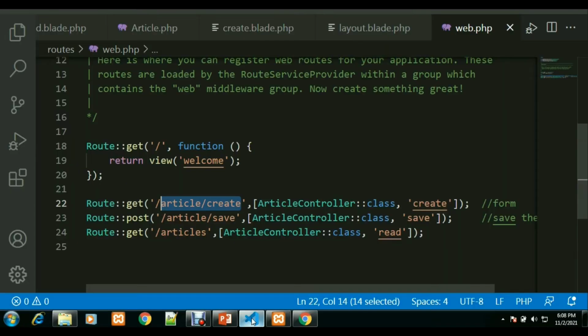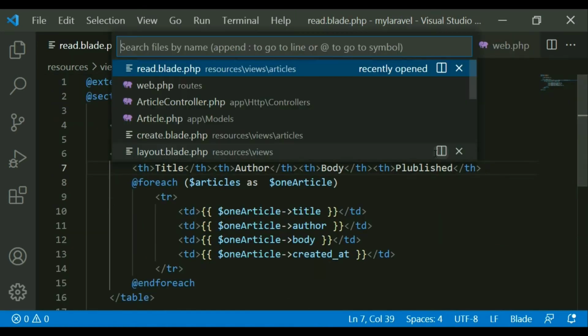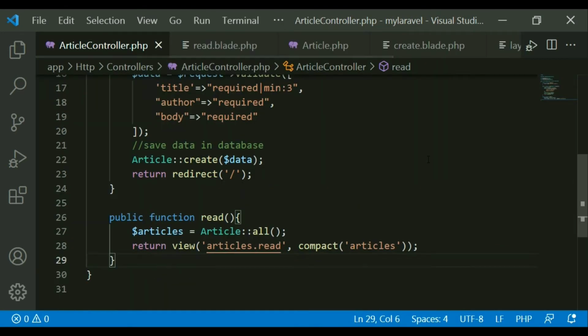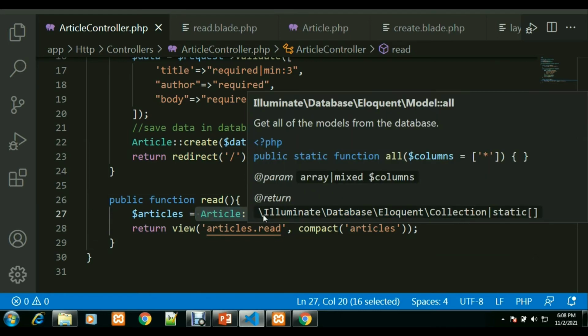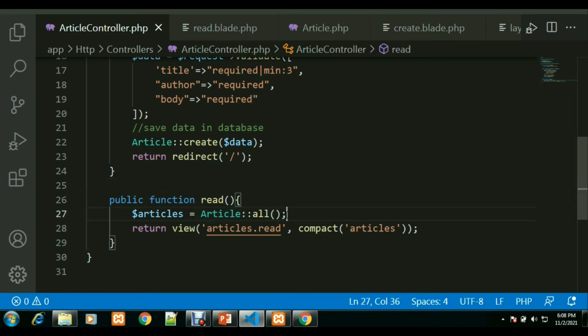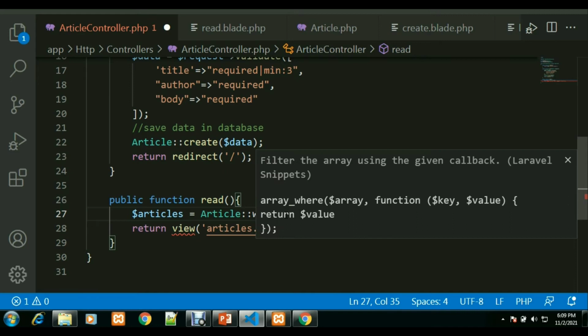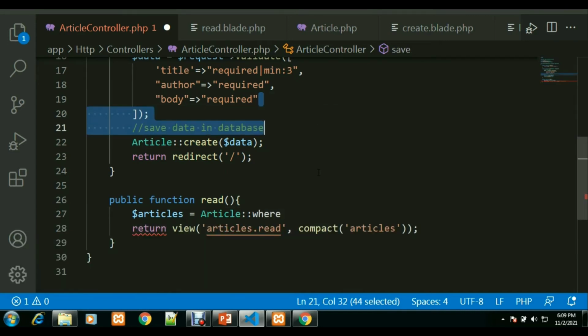So if you go to this particular function in the articles controller, you see this is the function I have used to read the data. So similar to this, I can use more functions. There are a lot of other functions. Suppose I want to get a specific data. I want to read a particular record. I want only some specific data, so I can use a where condition. Okay, so where, that is select star from articles where id, suppose for example id greater than 1. I can say like this.